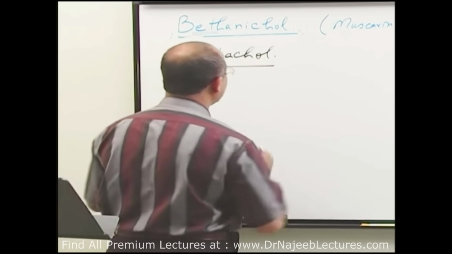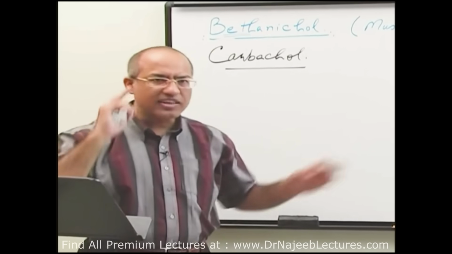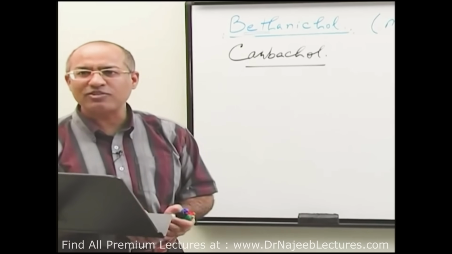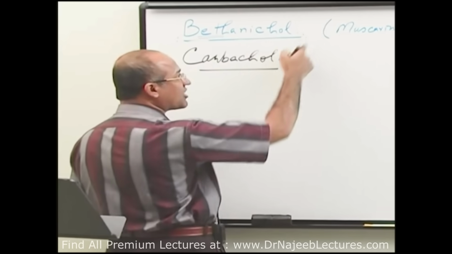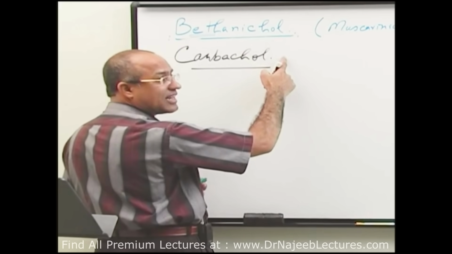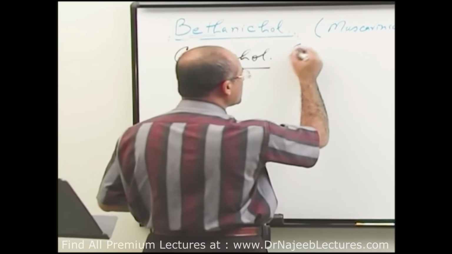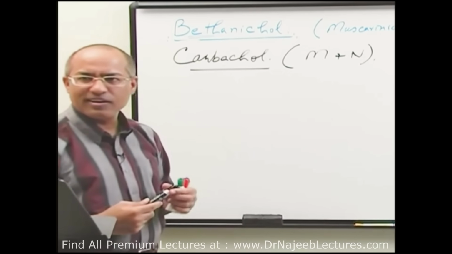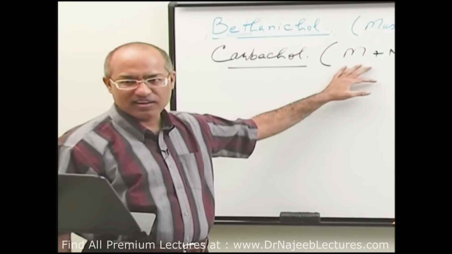Again in carbachol, the acetate is replaced by carbamate, but there is no methylation. And now you can understand. It will stimulate muscarinic as well as, to some degree, nicotinic receptors. Are you understanding me? Right? So both of them have a longer duration of action, but here there are carbamates, there was methylation in methacholine but no methylation here. Due to this, it is able to stimulate muscarinic plus nicotinic action. So do you think it will be a very useful drug? No. These days, it is not commonly used systemically.